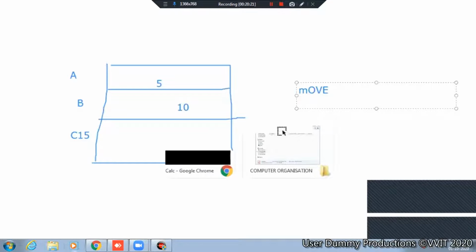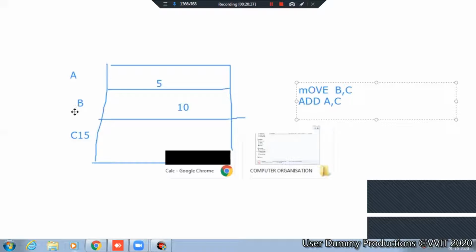Move B comma C, no? Yes, ma'am, move B comma C. Add A comma C. So it is like this.